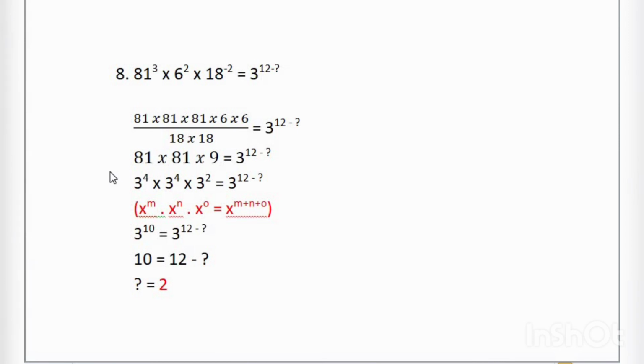So analyze your answers with these solutions. Never write all these steps in the paper given to you in the examination hall. Try to minimize paperwork and do maximum calculation in your mind. Then only you can save time as well as you can score good marks. By doing all these questions, you will get familiarized with the level of questions that is being asked in the exam. So that's all for today's video.